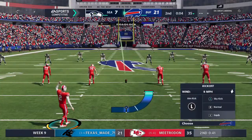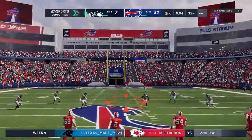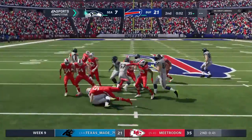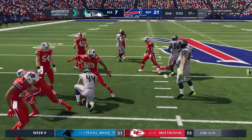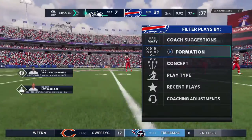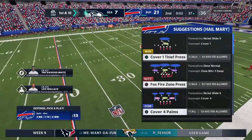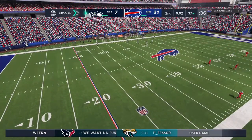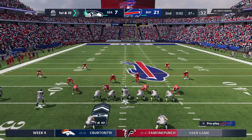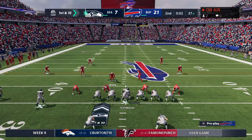Seahawks 7. 4 seconds are all that remain in this first half as the kick gets away. Very short kick. This will be taken by one of the up men. The lane opens here. He's past the 30, for first and 10 at their own 37-yard line. Coming to the line to begin their next drive, the Seahawks offense. Time here for likely one play, then off to the locker room, and they're going to have some adjustments to